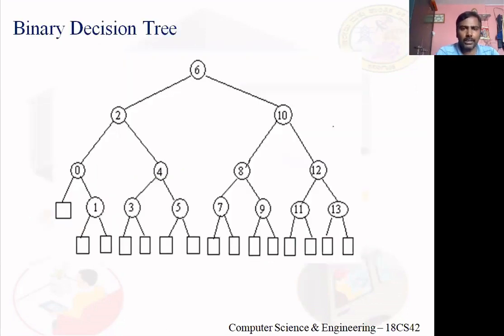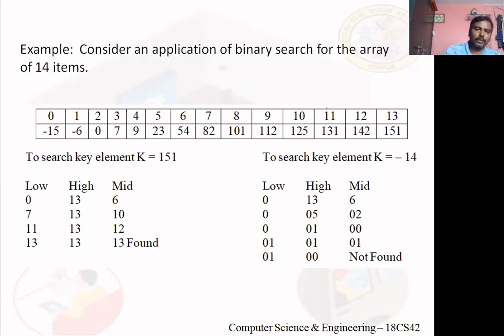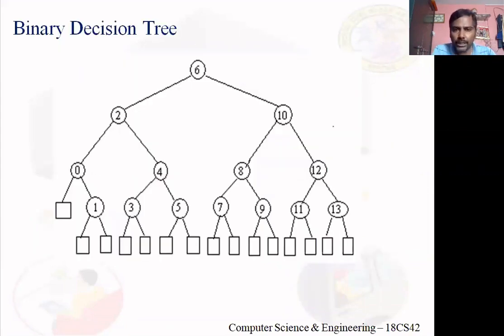Just this is to construct. Okay, I'll tell you. See, in this, totally how many elements? 14 elements, right? Indices 0 through 13. Listen here, constructing the binary decision tree: 0 through 13, low is 0, high is 13, mid is 6. So this 6 becomes the root node of this tree. I made 6 the root because for 0 through 13, mid is 6.